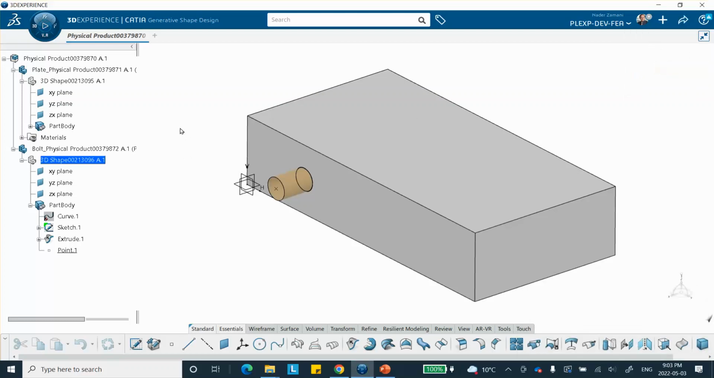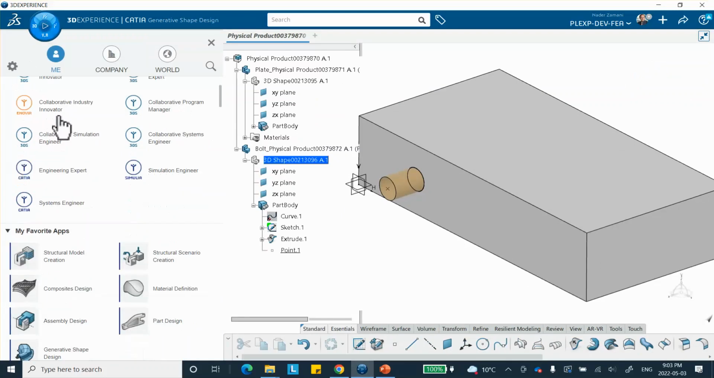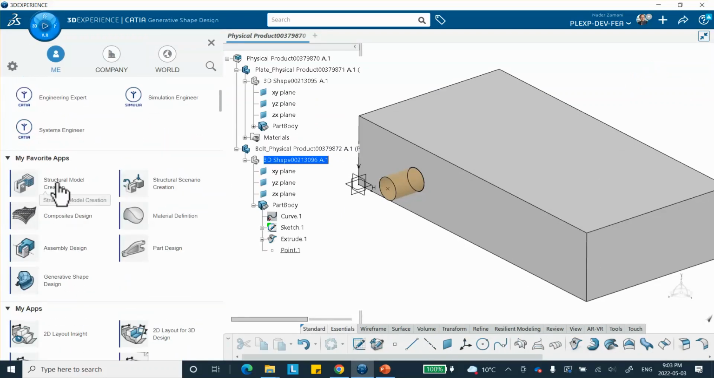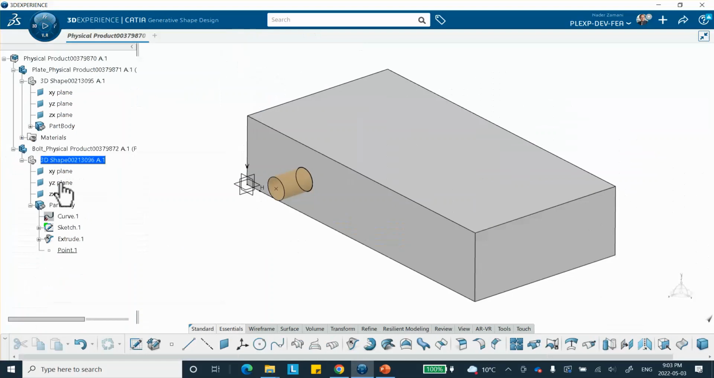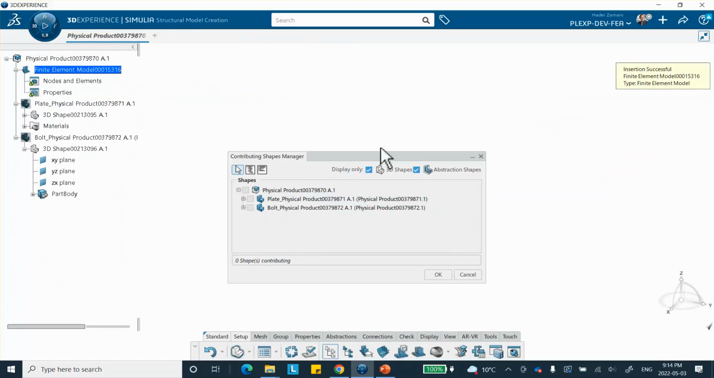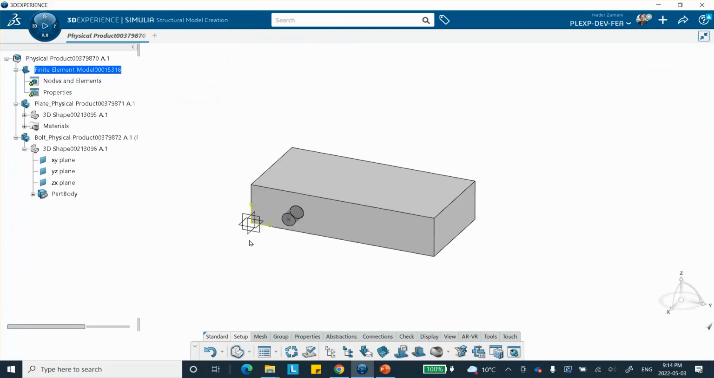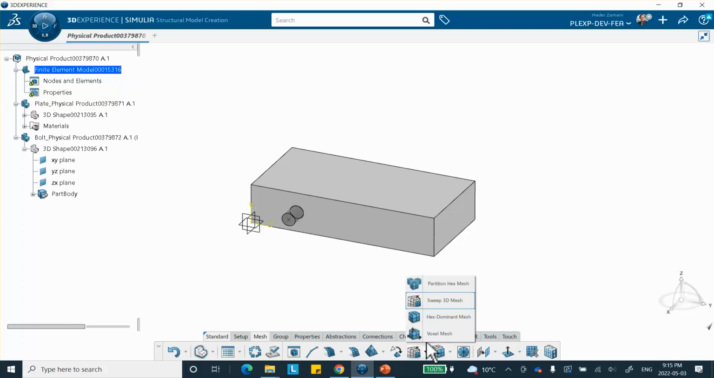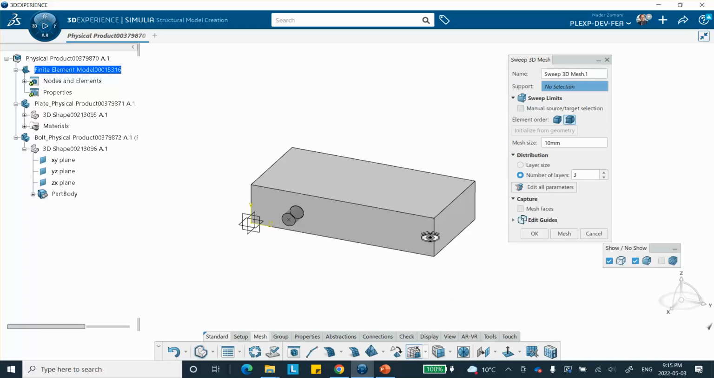Okay, good. This is pretty much done. So we go to structural model creation. When this thing pops up, make sure that you select both parts, and then you say OK. Okay. So now we go to the meshing tab, and using the sweep 3D mesh, you select it. The support is